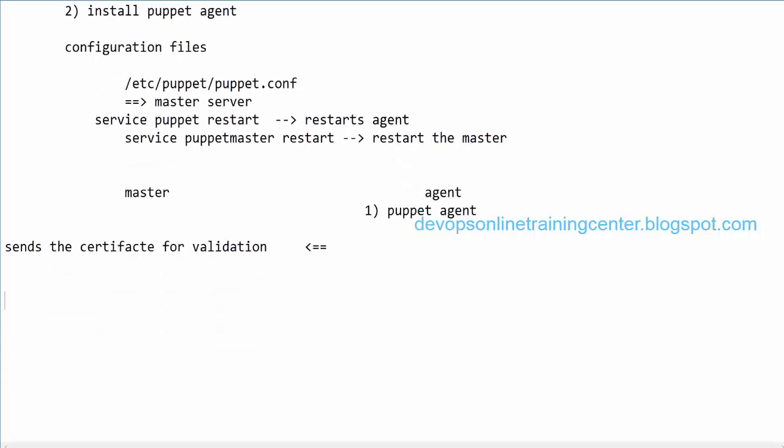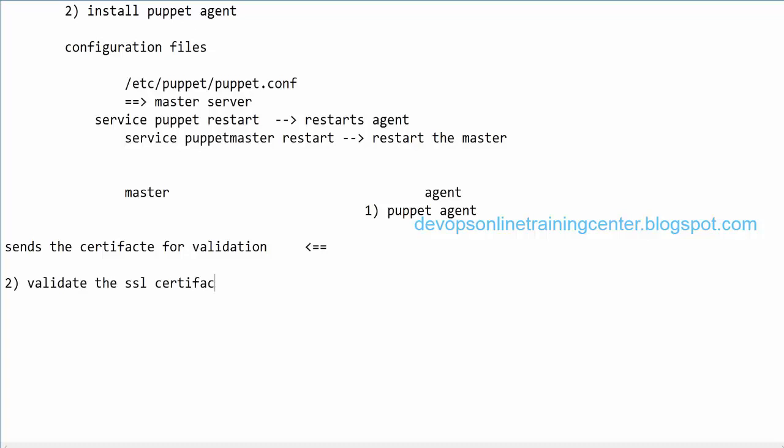because when we execute Puppet agent on the agent machine, it will get the manifest from the master. We read the manifest in the master, and when we execute Puppet agent for the first time, it generates a certificate and sends that certificate to master. Now from the master I need to validate it. So second step is to validate the